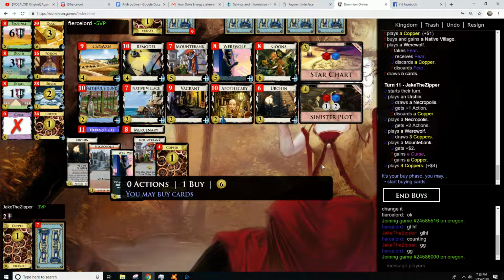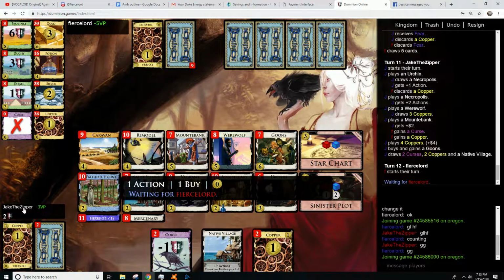Okay. I have 2 Goons now. Wait, no, I only have the 1 Goons. Let's take a second Goons. Piles are low. I want more Native Villages. I can get more draw later. I've got the Sinister Plot as well, so...